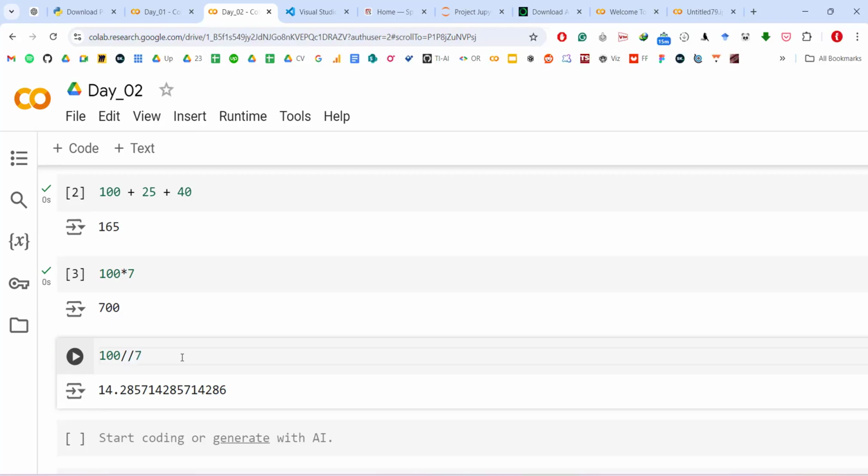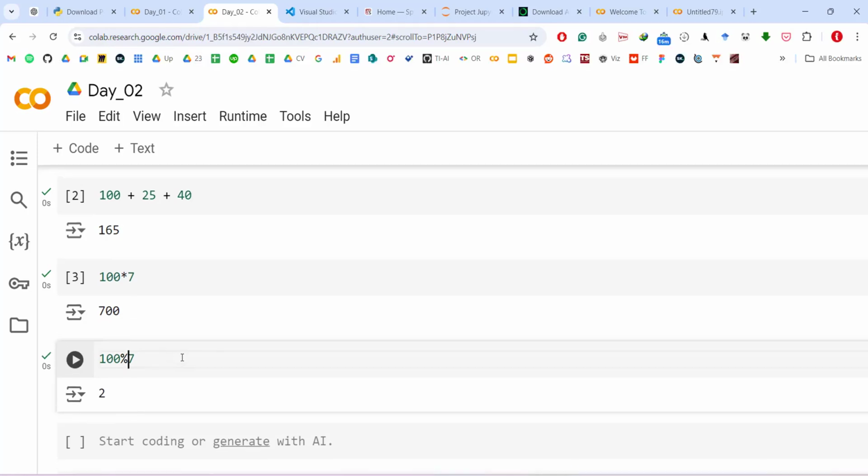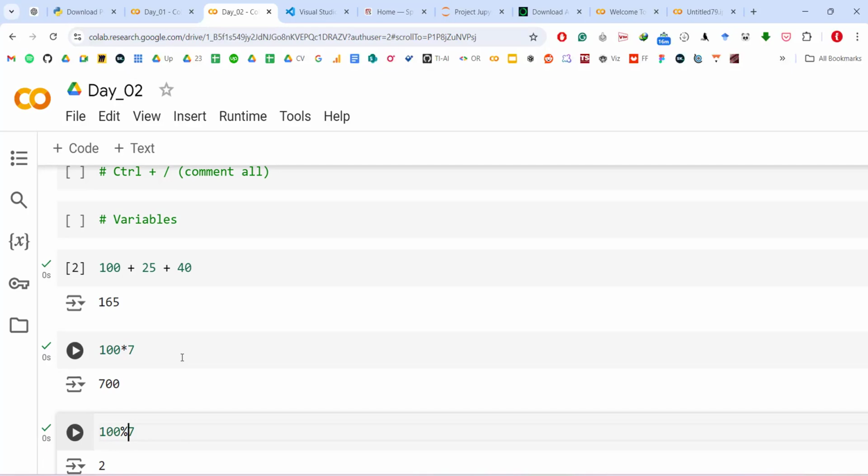Like if you put double slash, it will give you an integer division, and if you put percentage, it gives you the remainders as well, right? So lots of operations can be done, right? Now, for example, let's say